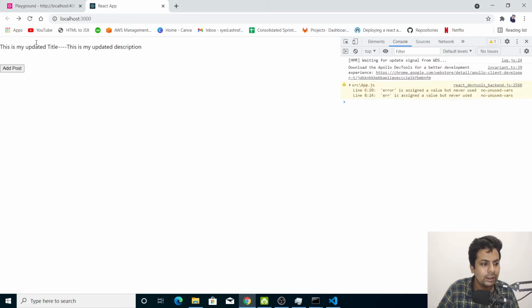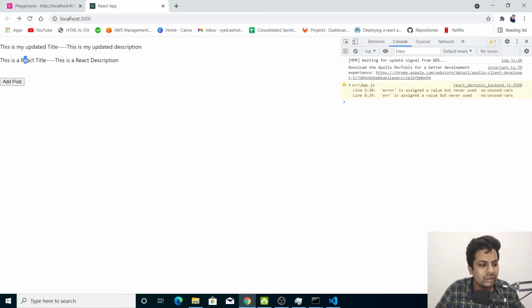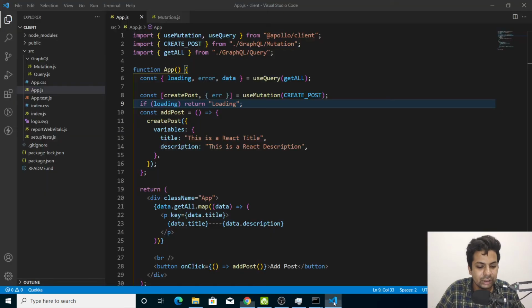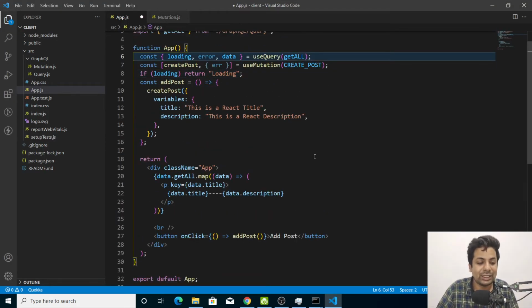Okay, yeah. So now if I do add post, the post will be added and I'll get a return, but not here because I haven't included it. I think the post is added. If I just reload, see, this is React title, this is React description. You can get my code on GitHub.